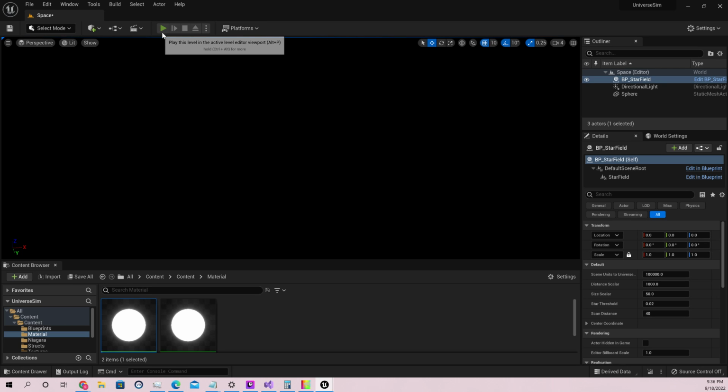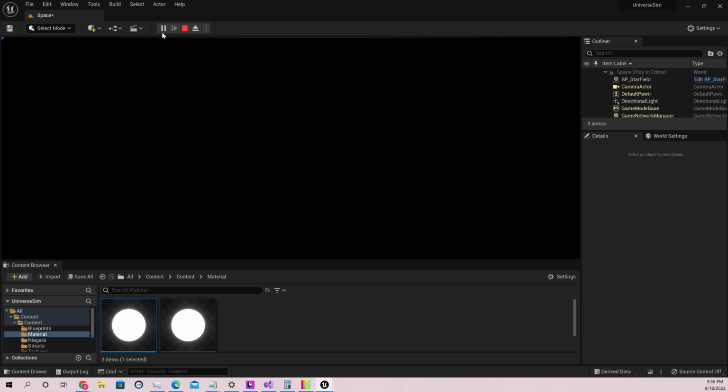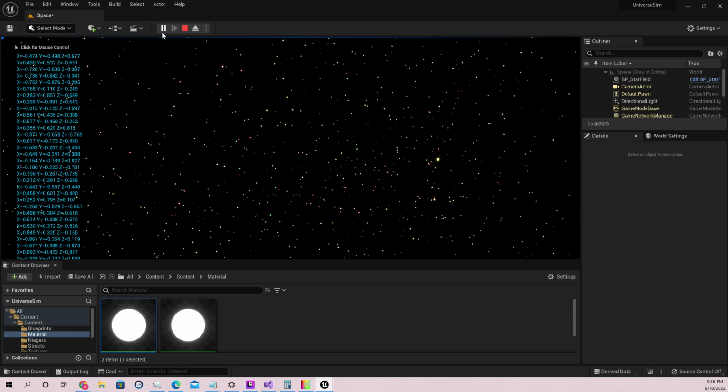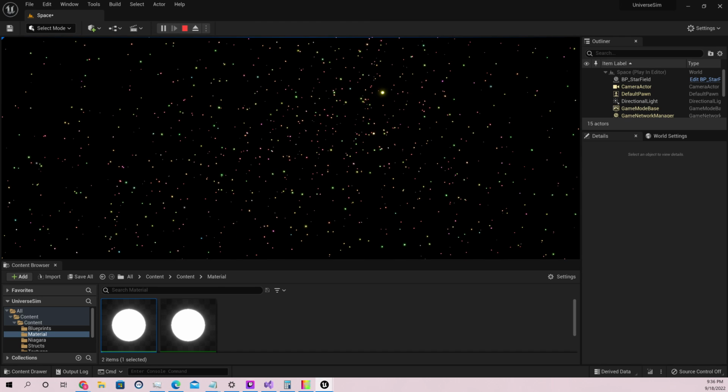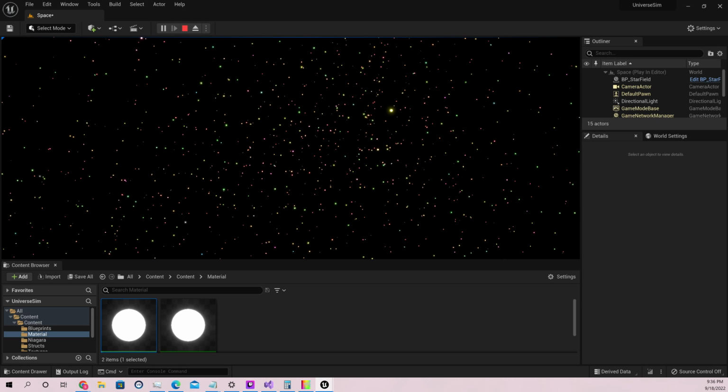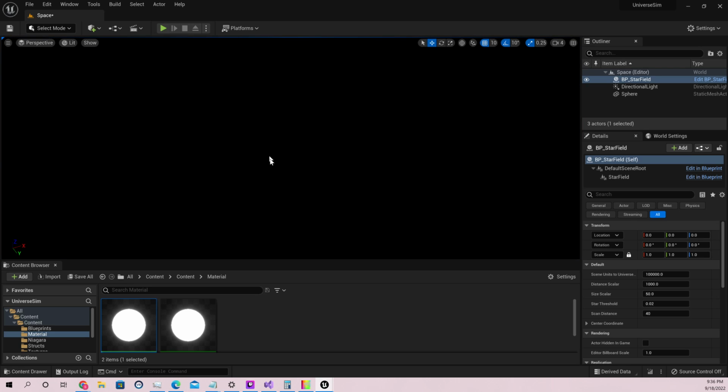Gotta figure out how to do it. Okay, there we go. Doesn't super help that I'm on the slowest mode, but you can see that we're moving. I think that it needs to be a part of the, rather than